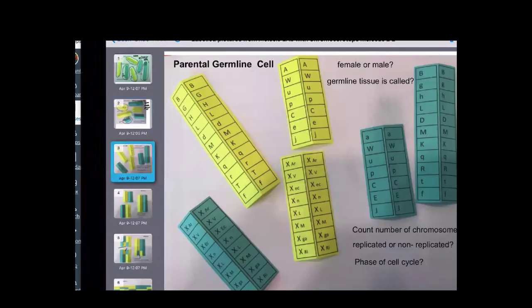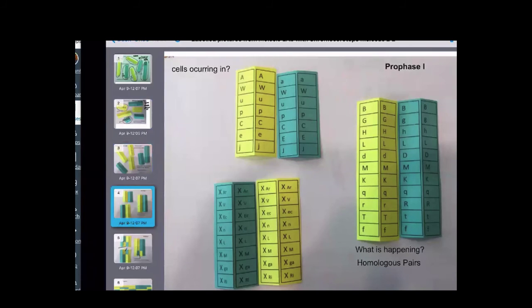So the next thing here is counting the chromosomes. So these chromosomes are once replication has happened. So DNA replication has happened. You've got 2 copies of every gene. And now what's very unique is once you go into the actual phases of meiosis. So meiosis is a reduction phase. So when we go through meiosis, we have prophase 1, and something very unique happens in prophase 1, and you